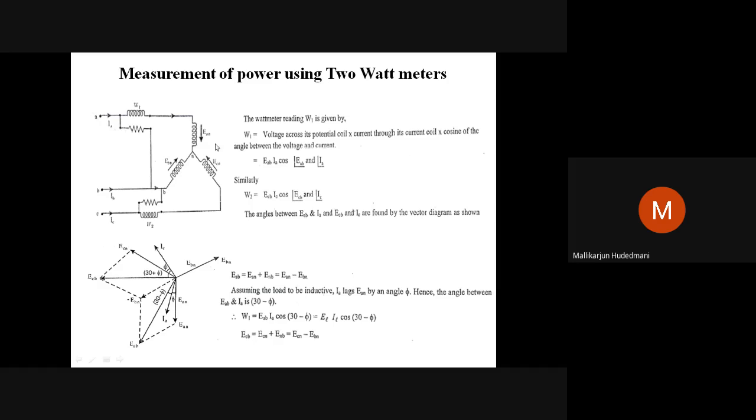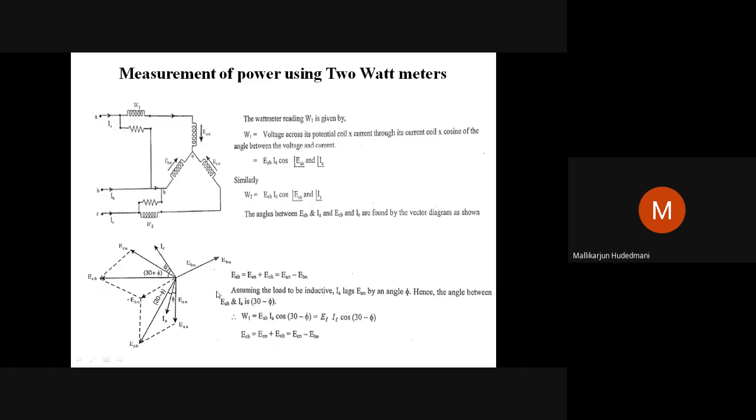Then come to the nature. What kind of load is this? I have mentioned inductive. Hence, for the current in each phase and voltage, in an inductive circuit the current lags behind the voltage. Therefore, phase current and line current are one and the same in star connection. That also we know. Therefore, when I connect IA and EAN, EAN is here, and behind this there is a vector IA. IA is drawn here. Can you see this IA? IA is behind EAN by an angle phi, some angle phi.